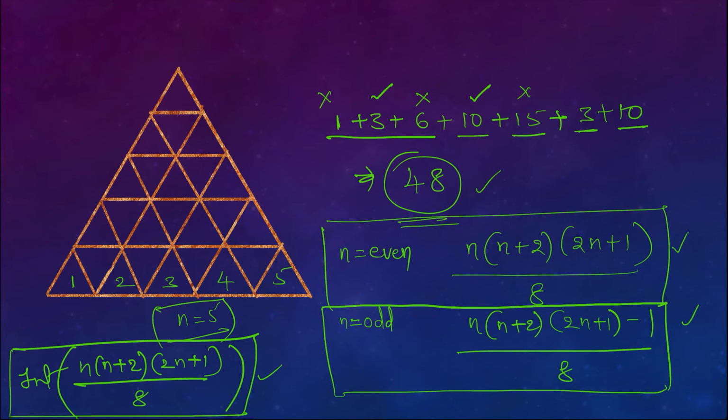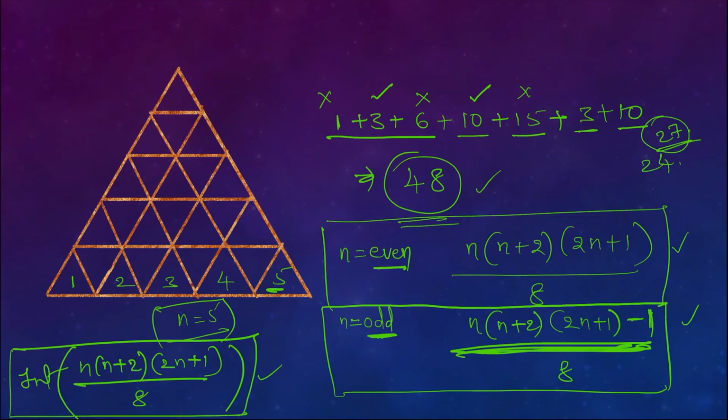Otherwise, if you don't want to calculate like that, fractions will come, and the cancellation is somewhat difficult for you. When n is even, the calculation is very easy; it will be cancelled definitely. When n is odd, it will not be cancelled, and we will get answers like 24 point something, 27 point something. We need to take the integer value only. So if you don't want to deal with fractions or decimals, then take the same formula, take minus 1 and then divide by 8. Simple, when n is odd.